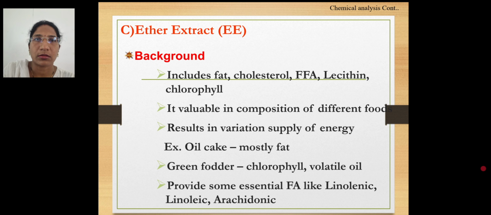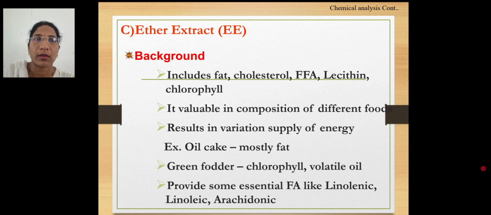Then third one, that is ether extract. Ether extract includes fat, cholesterol, fatty acid, lecithin and chlorophyll. It is valuable in the composition of different foods, resulting in a variation in the supply of energy. For example, oil cakes should contain mostly fat content. Then green fodder should contain chlorophyll and volatile oils. Then it provides some essential fatty acids like